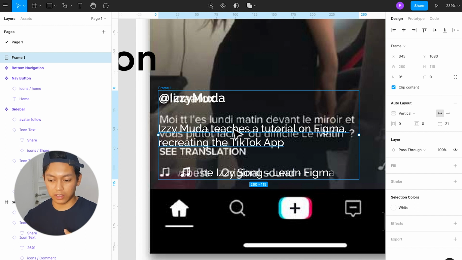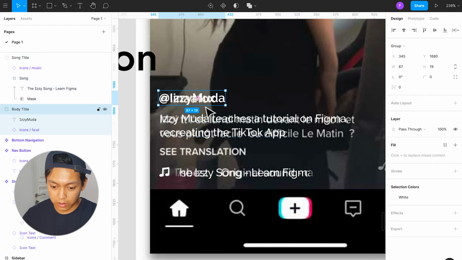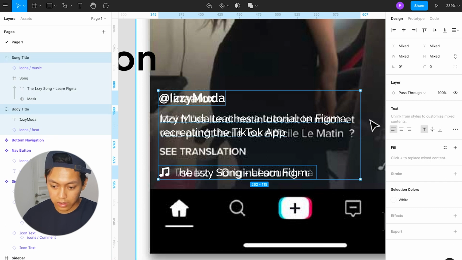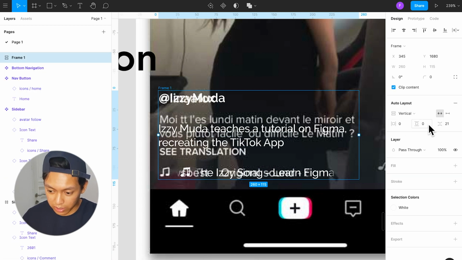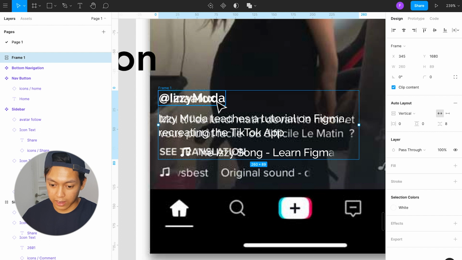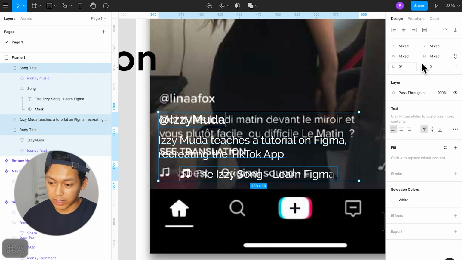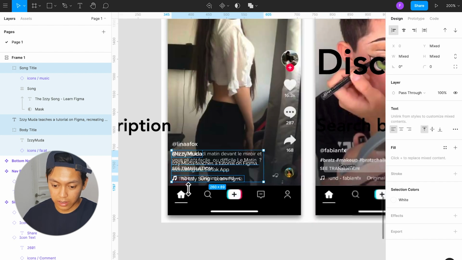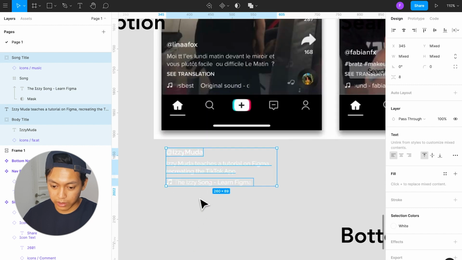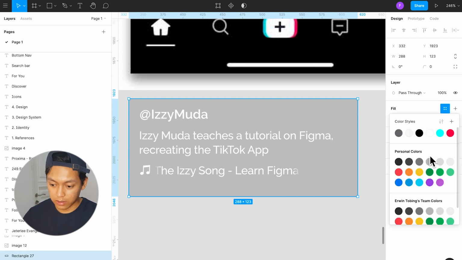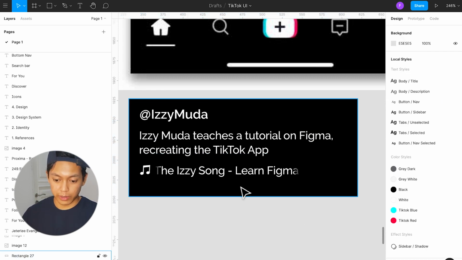Now automatically it'll distribute everything evenly, but from what we can see, it's an 8 pixel spacing. So I'm gonna set these auto layout spacing instructions to change from 21 to 8, and there we go. And make sure everything is aligned to the left, because that's how we set it up. So what's cool about this, let me just create a dark background for you to see. What's cool about this is that